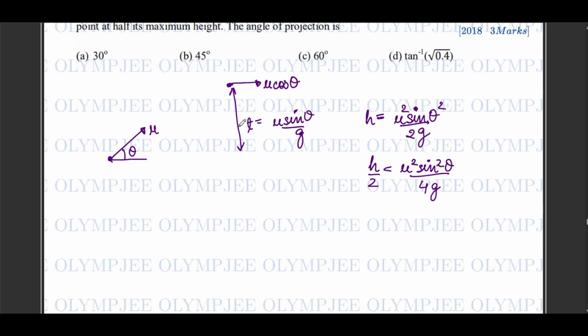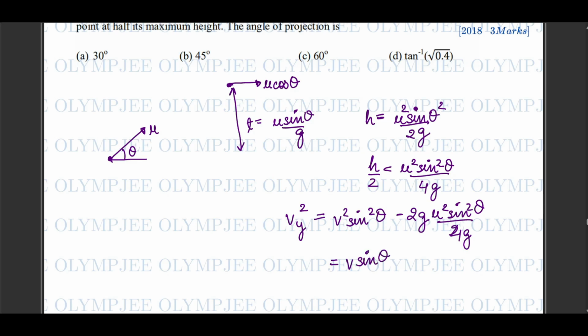So that means that the velocity component will become, using v square is equal to u square plus 2as, v sin theta by root 2